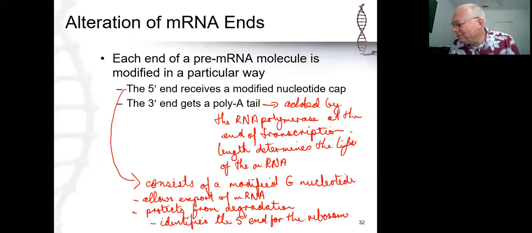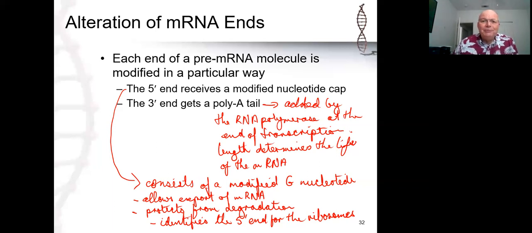So the ribosomes need to know which is the 5' end because that's the end that they're going to start translation from. So adding the cap also serves to help the ribosomes identify which is the 5' end of the messenger RNA so that they will then bind to that end and then be able to identify the location of the start codon, which is also an important step. So the addition of the 5' cap, this modified G nucleotide, is really central to the success of translation,